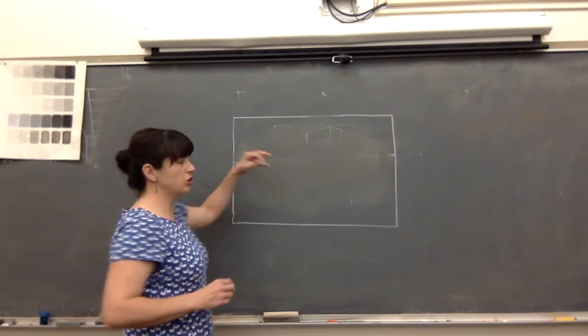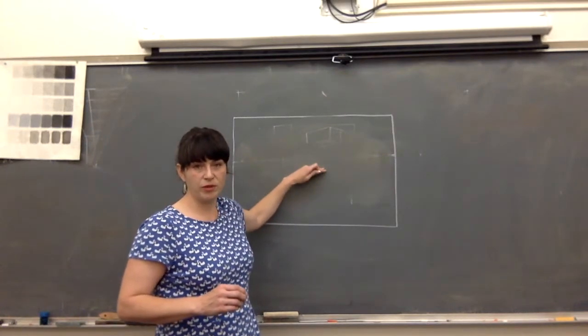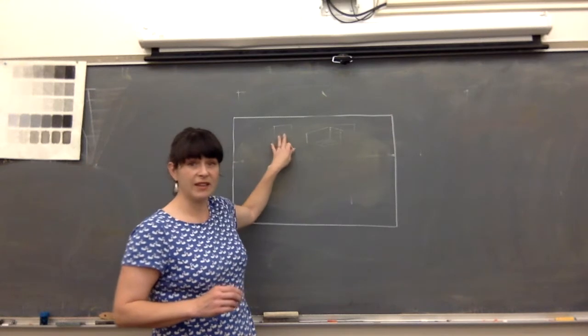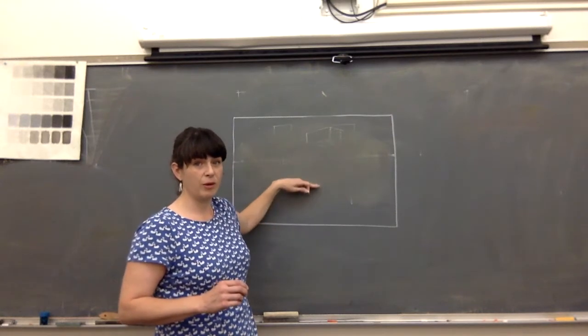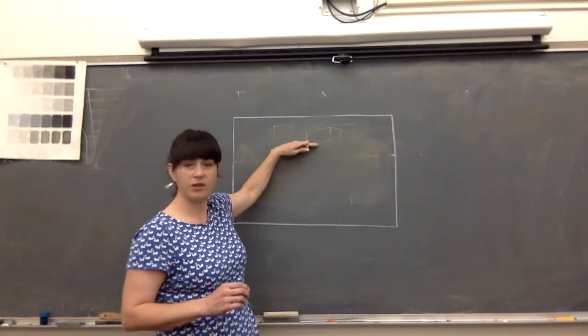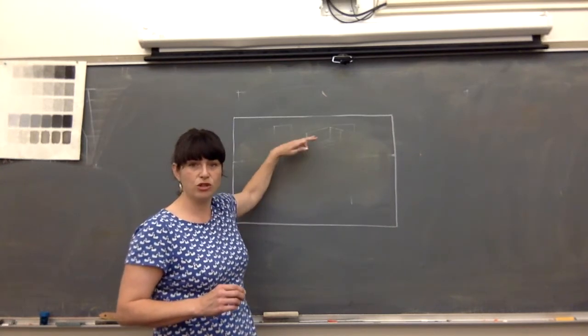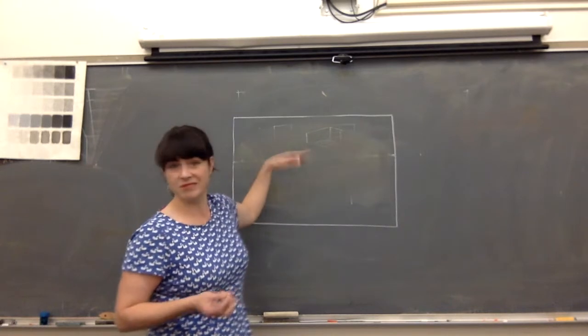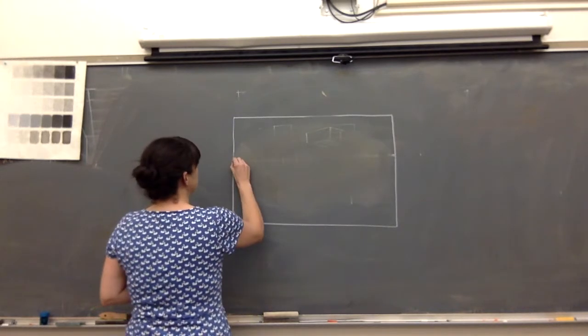So you can put your horizon line further up or further down depending on what you want. If you want a lot of things to look like they're up in the air, you might want to put the horizon down lower. If you want a lot of things below, you might want to put the horizon line up higher. So you can choose. If you're not sure, just put it in the middle and see what happens, okay? So I'm just going to put mine in the middle